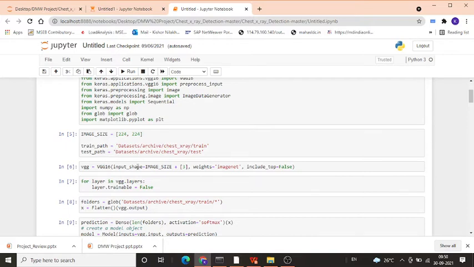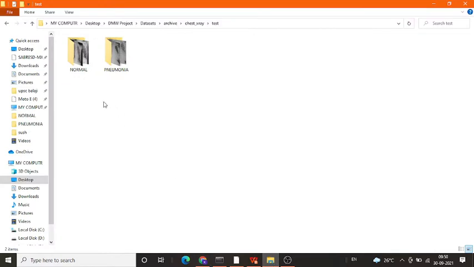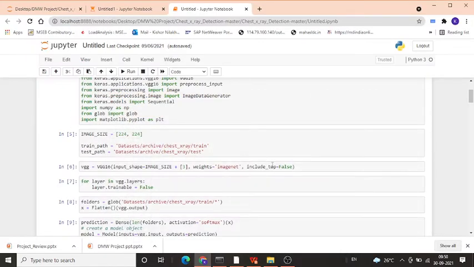Now here is the main algorithm. Here VGG is equal to VGG16 in brackets. Here the input size is provided, which is image size, plus 3, which is nothing but the channel. I have used the 3-degree channel. Then after, include_top equal to false. This is because there are many more classifications, classification based on thousands of classes, but we are going to use only two, that is whether the person is affected by pneumonia or not. Only two classification factors are there, so I have initialized it to false.